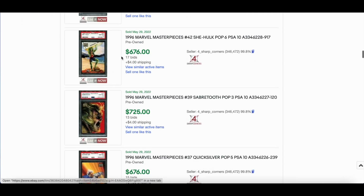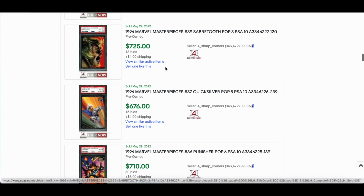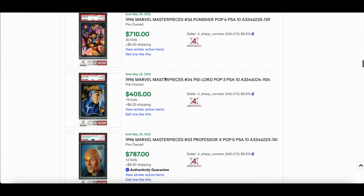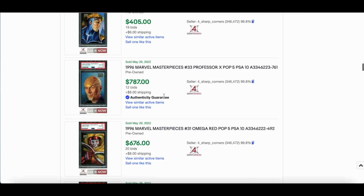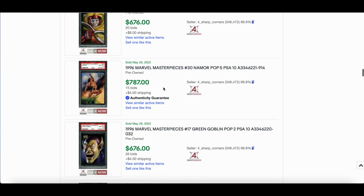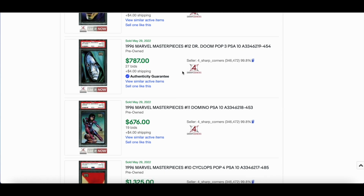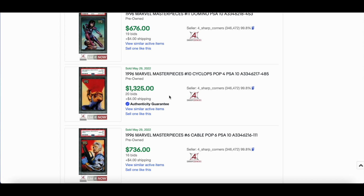I'm surprised that didn't go higher based on the Disney Plus series coming up very shortly. Sabretooth 725, Quicksilver, sweet card, I love that card, 676 again. 710 for Punisher, 405 for Psylocke, Professor X 787, Omega Red 676, 787 for Namor, Green Goblin 676, beautiful. Doctor Doom 787, and then the big dog of the night was the Cyclops,